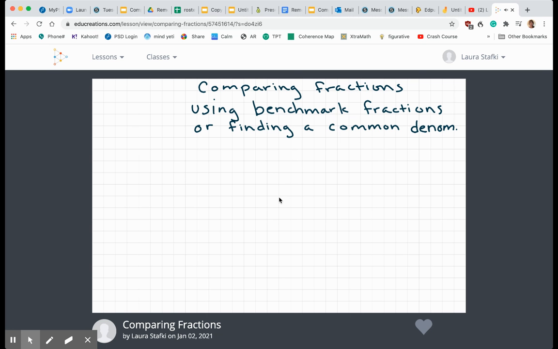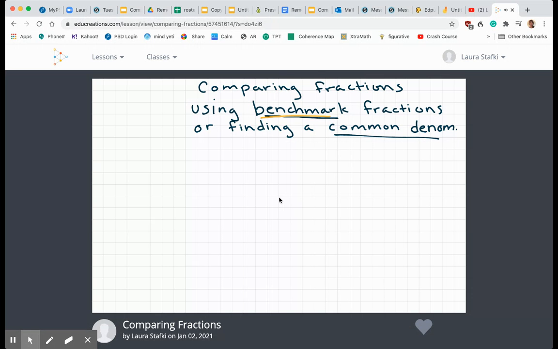Mathematicians, today we get to compare fractions, and there's multiple different ways you can do that, which is super cool because it gives you a chance to really think and stretch your brain. So we're going to talk about comparing fractions using benchmark fractions or by finding a common denominator. So quickly remember that benchmark fractions are those easy fractions to get a picture in your brain, and the one